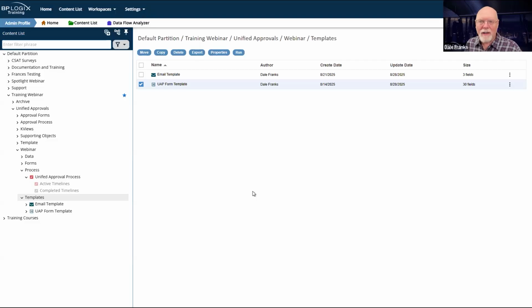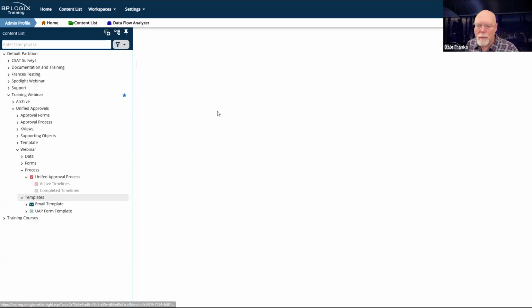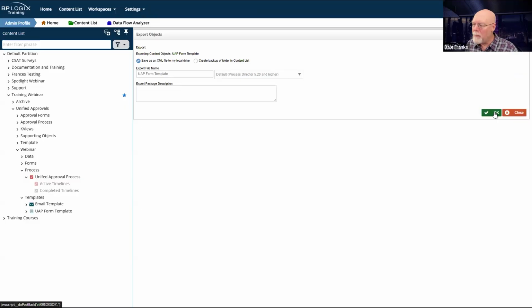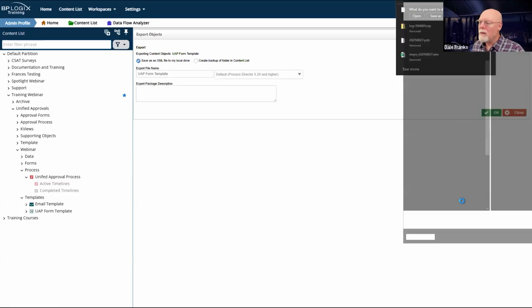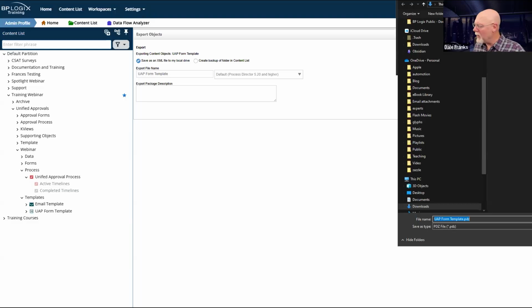I have a details tab, which right now only has a single input field to allow me to throw in a quick narrative. That details tab is where I'm going to customize any new fields that I need. I'm going to add them on that tab. So whenever I create a new form, what I'm going to do is I am going to export my UAP form template, and we will save that in our downloads folder.